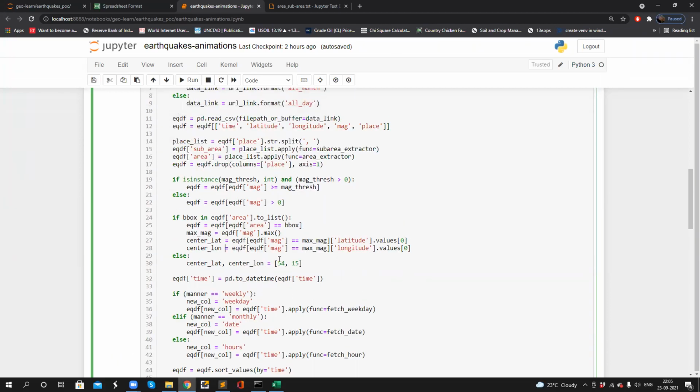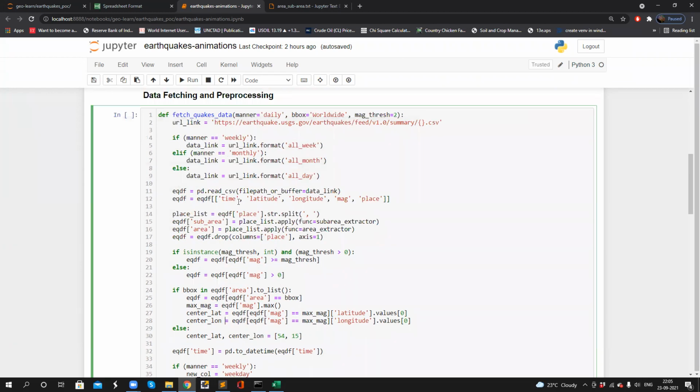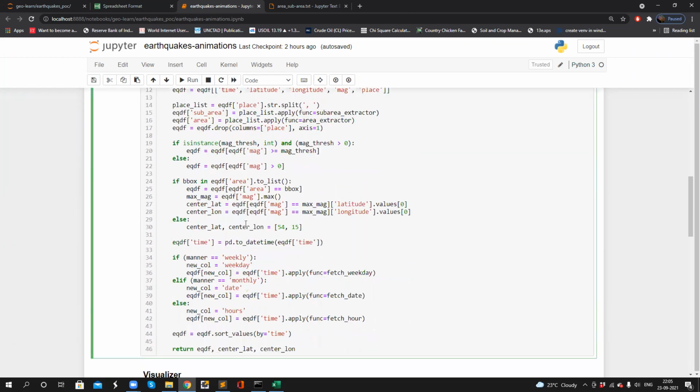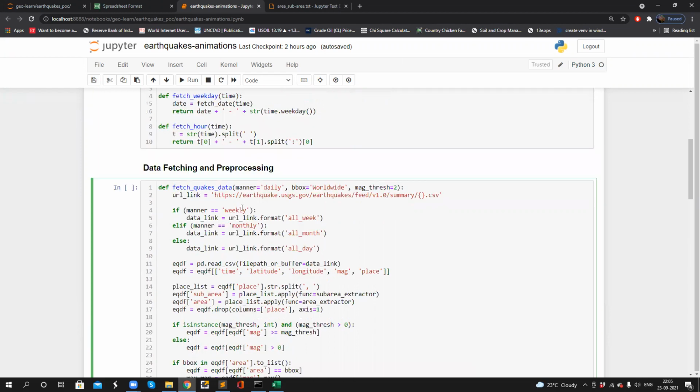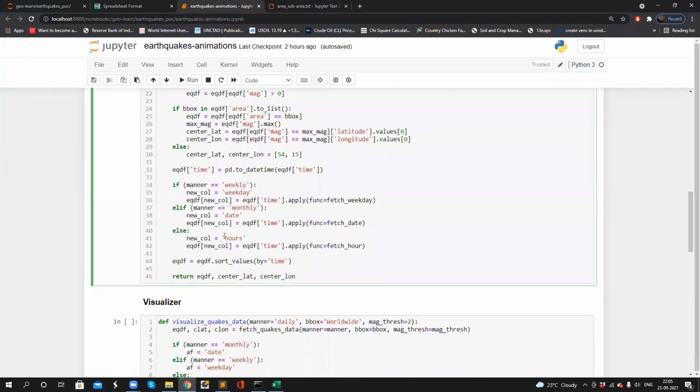After this, I'm considering the time column and converting that column into a date time object. We can easily do this with the pandas to date time method. Now, based on this parameter value, I'm trying to find weekday, monthly, and hours.